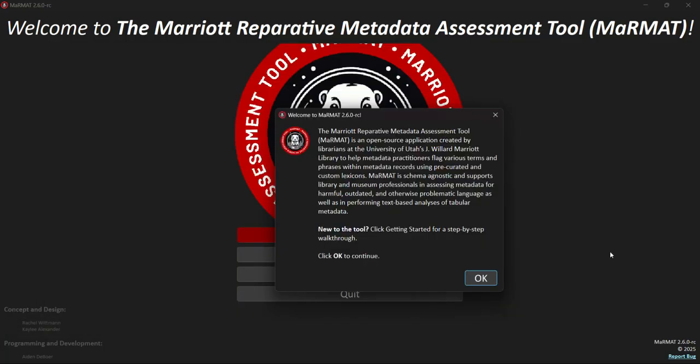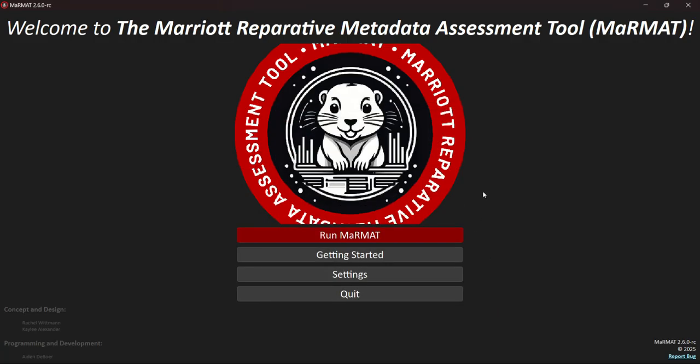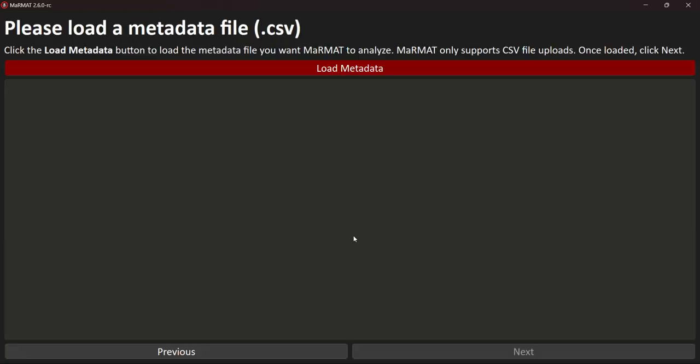Okay, and now we have launched the MaRMAT GUI. My screen is dark because my computer is set to dark settings by default, so I have a dark mode view of MaRMAT. Here's a little pop-up that gives a bit of information about the MaRMAT Reparative Metadata Assessment Tool. And then from here, we can go ahead and click Run MaRMAT,